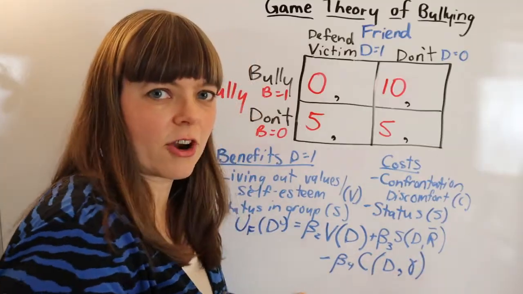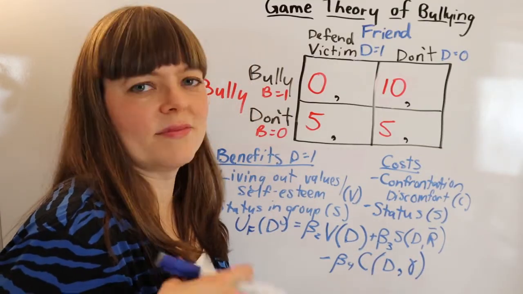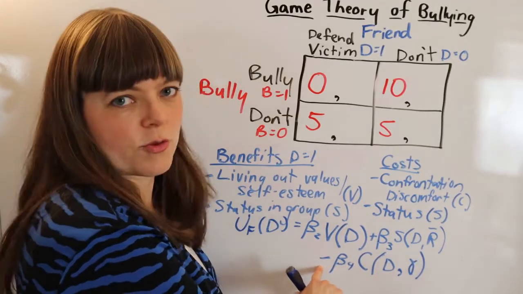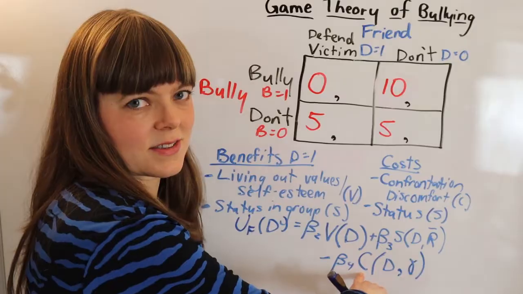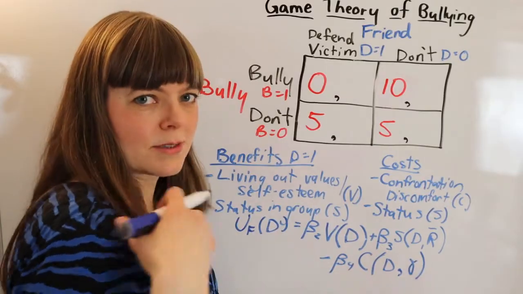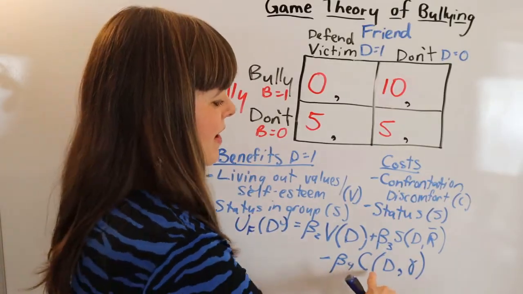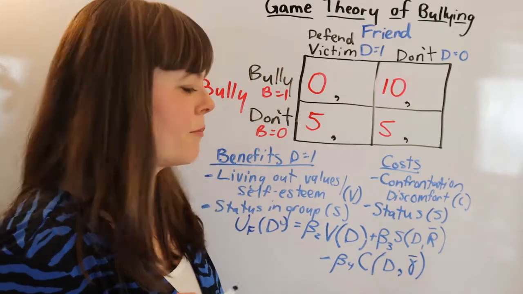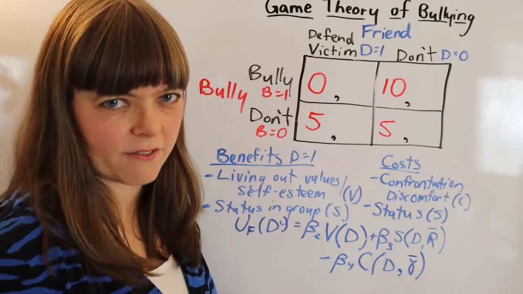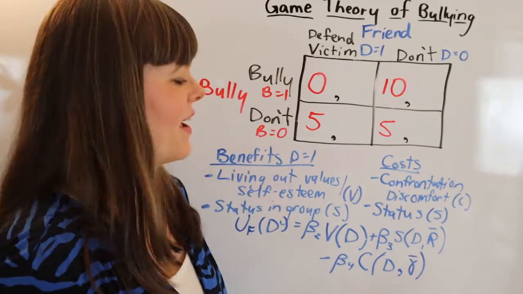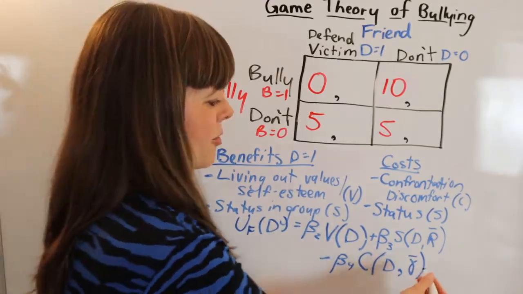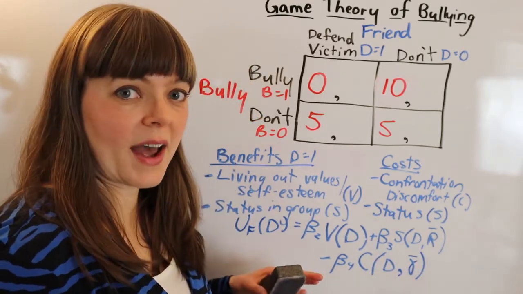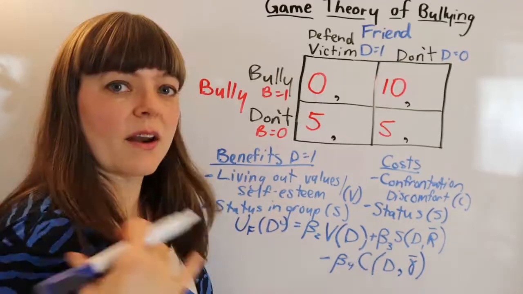R is the exogenous variable capturing the nature of the group. And then minus confrontation, and of course we put a minus sign in front of anything that's bad. And confrontation, the experience of confrontation, is generally bad. I put gamma in here as this is going to be the personality of the bully. Like, how mean are they in confrontations? How spiteful are they? It's a variable that's going to capture something about the bully's personality. And so now we have a utility function that we can think through,